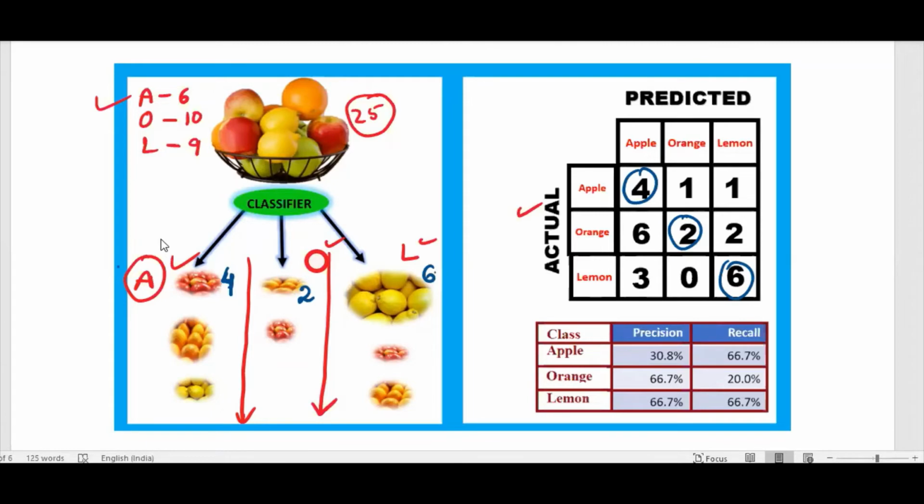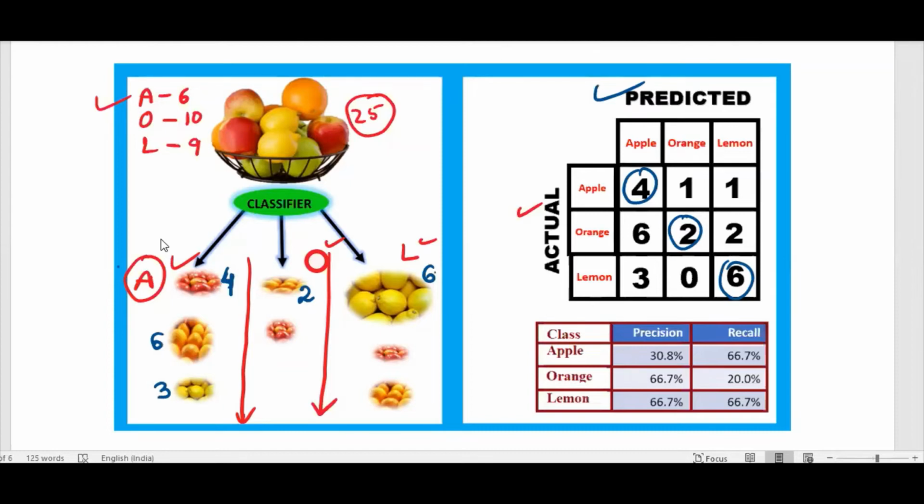These are predicted as apples, but these are not apples. So predicted apple, you see predicted apple, this column. How many are there? 6 and 3. So 6 came from which side? Actual orange side. 3 came from actual lemon side. So what happened is only 4 out of